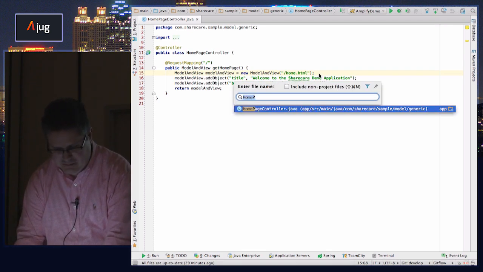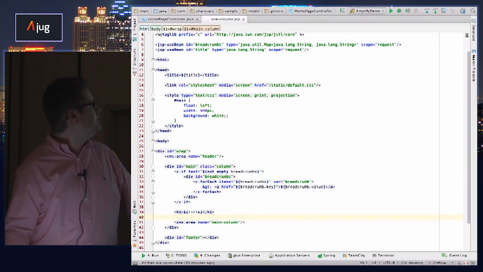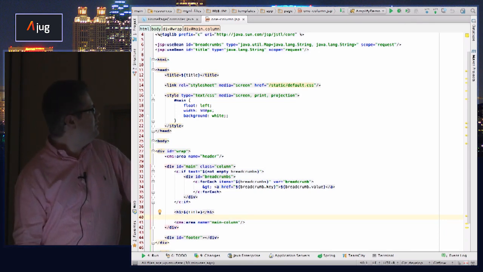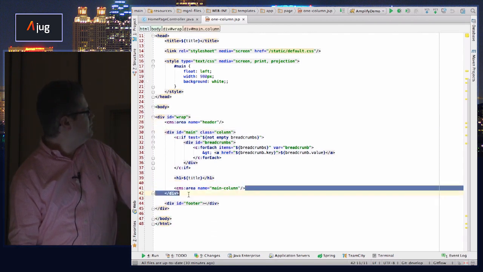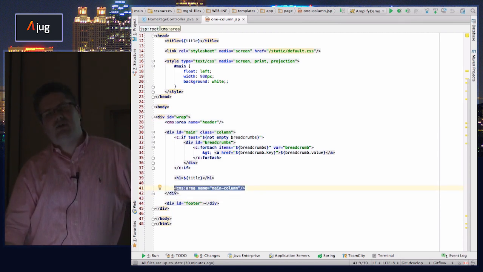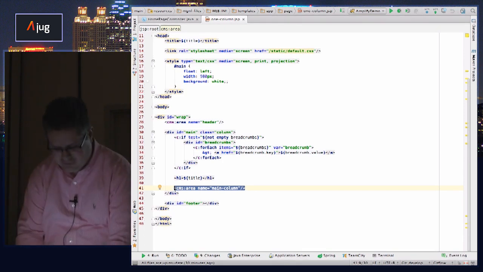So what does that mean? So for the most part, it doesn't mean a lot of change. You still end up with normal things, like this is my page template for a page with one column. It's a normal JSP, looks just like any other JSP. The only thing that looks the least bit weird is down here you've got this little tag called CMS area name header, CMS area name main column. So what this is, is Magnolia's syntax for setting up a page template so that you have a generic container you can then drop components into. And then in turn,